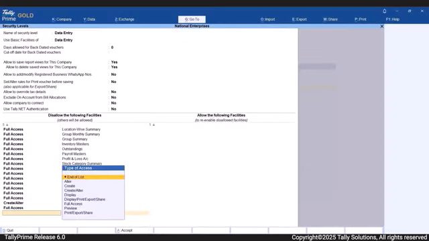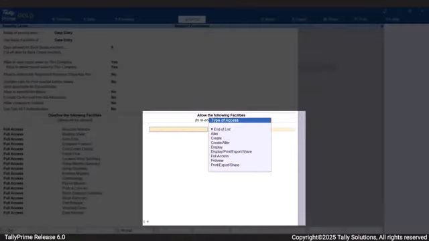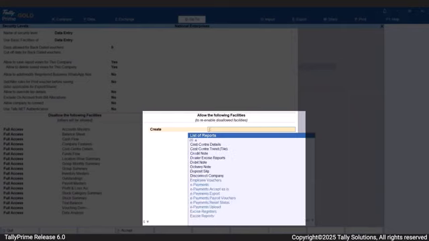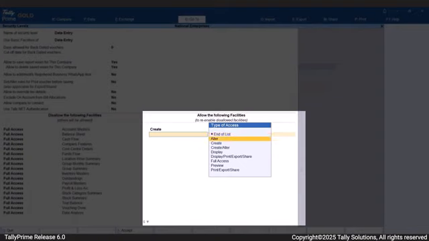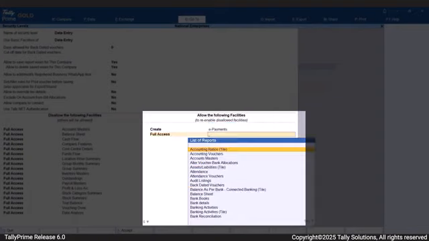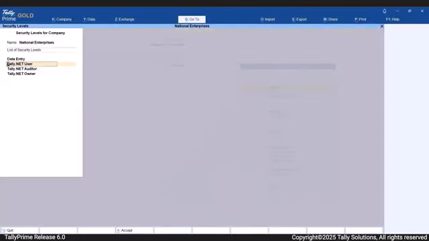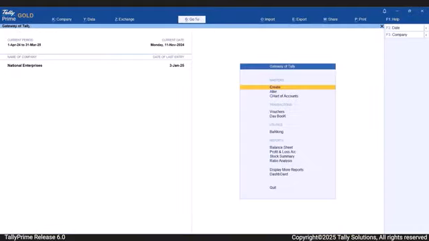Now, select End of List. Under Allow the following facilities, select Create and then select ePayments under the List of Reports. In the next line, let's provide full access to ePayments Export. Similarly, you can provide access to activities regarding ePayments.